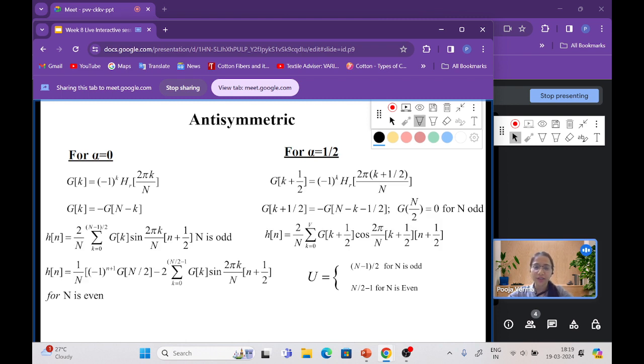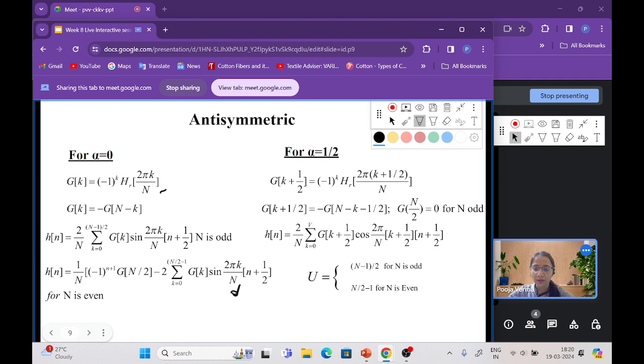And similarly for the antisymmetric filter, when alpha is equal to 0 and alpha is equal to 1 by 2. For alpha equal to 0, g(k) we will get from this: (-1)^k H_r(2πk/N), and g(k) must be equal to -g(N-k). And h(n) we will get from here when N is odd: h(n) is equal to 2 by N summation k equal to 0 to (N-1)/2 g(k) sin(2πk/N (n + 1/2)), and when N is even, then we will get h(n) from this one